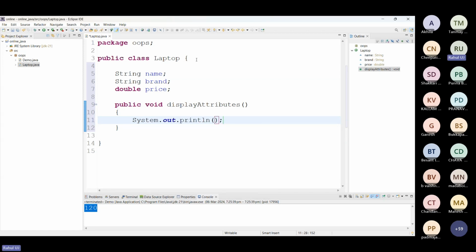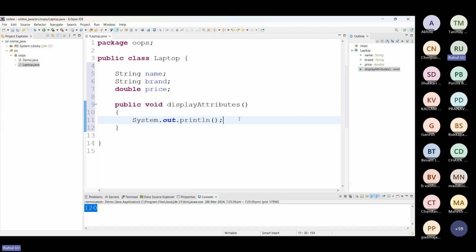See, and one more thing. I have removed the semicolon. The moment I removed the semicolon, can you see a red color mark? A red mark has come, and there is also an X mark here. If I bring my mouse over here, it says syntax error, insert a semicolon to complete statement. So errors will be shown in red.